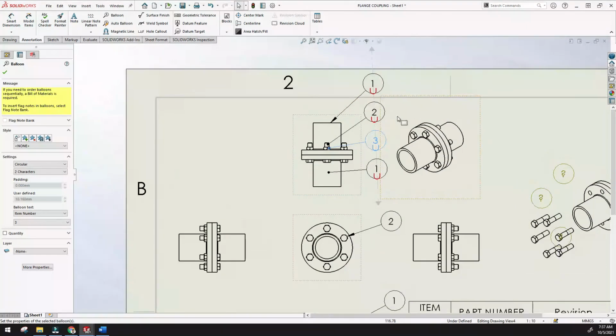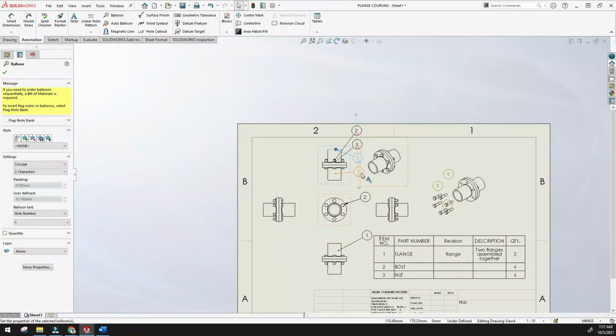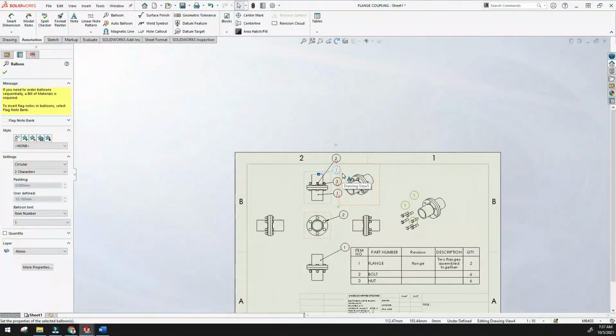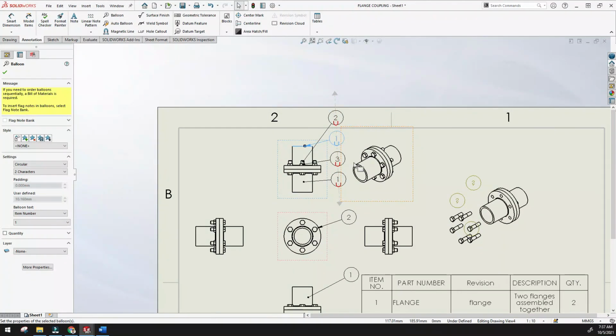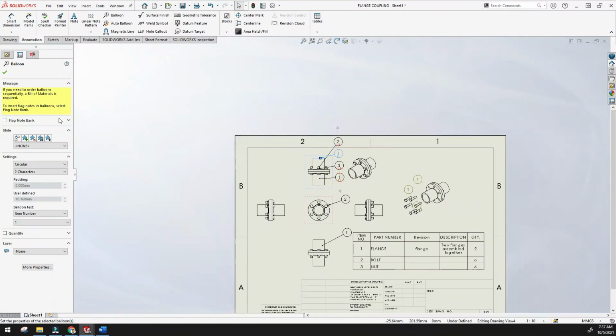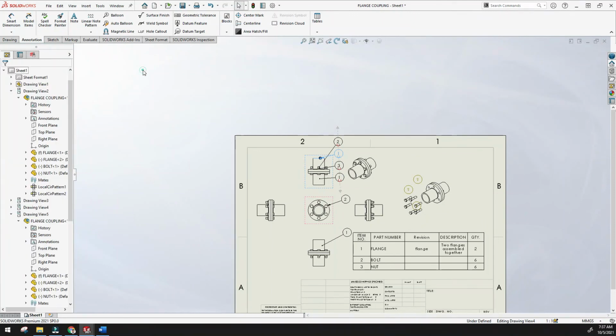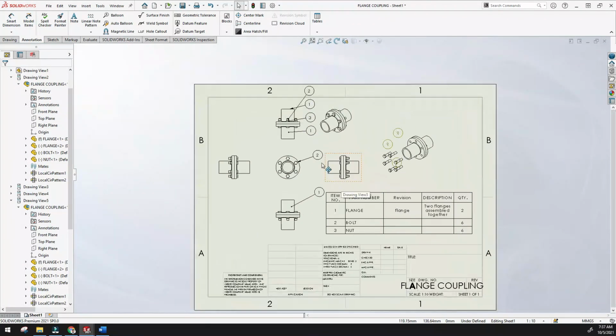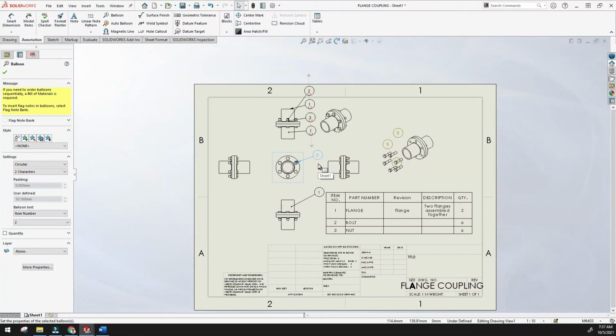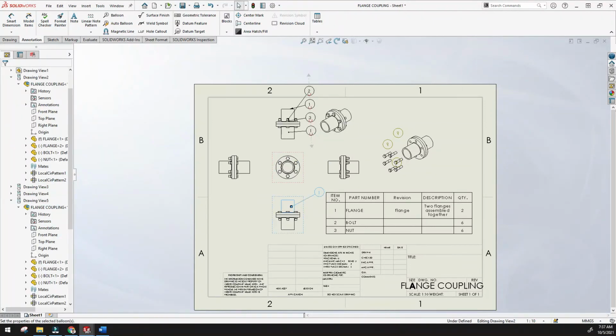So this is a very good way to use magnet line. By using magnet line, you can align all these balloons vertically or horizontally. It is for alignment actually. If you want to delete, just click this and delete it like this, by using the delete button.